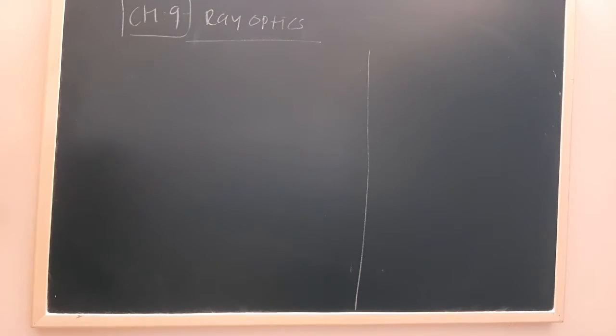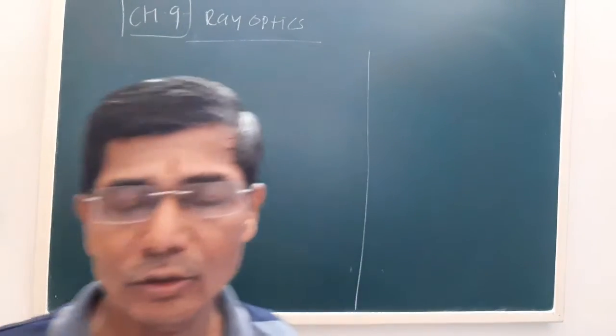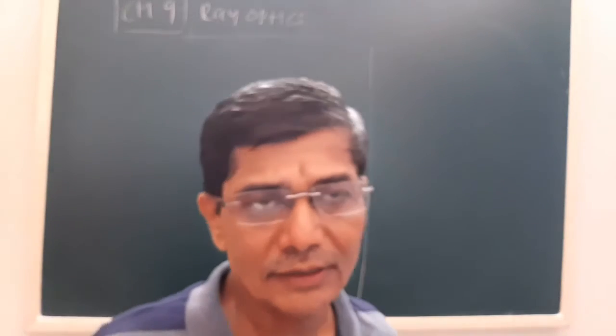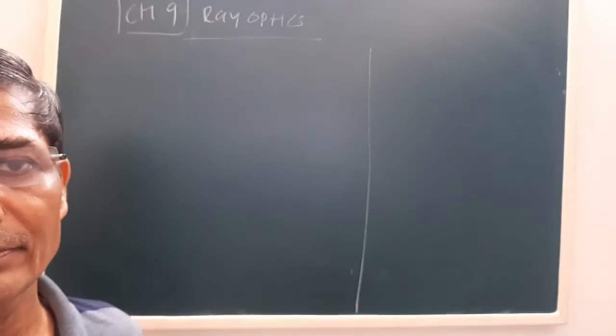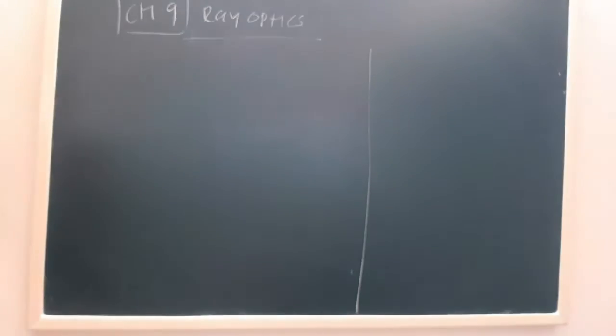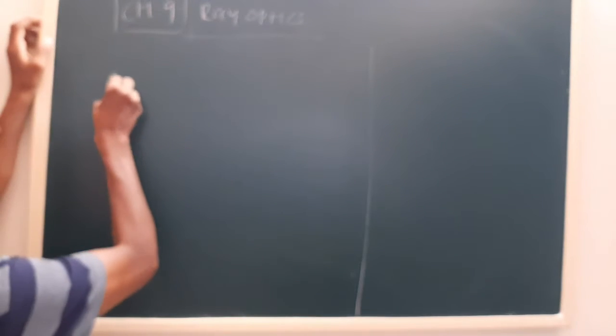Now, dear students, last time we studied refraction of light in lesson number 9, that is ray optics. We also discussed the relation between real depth and apparent depth when refraction takes place. That was based on the simple laws of refraction, like through a glass slab. Today we have to study the refraction taking place due to a spherical surface.